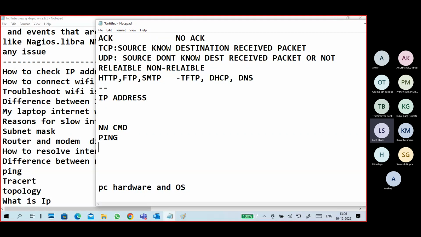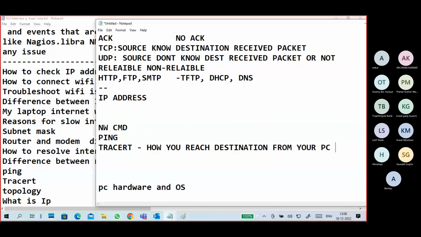Next one is tracert. Tracert will tell you how you reach the destination from your PC.